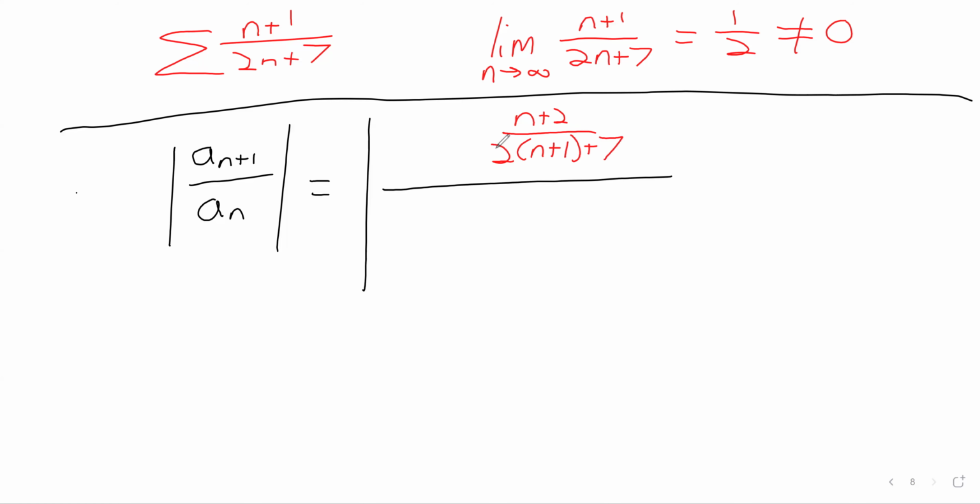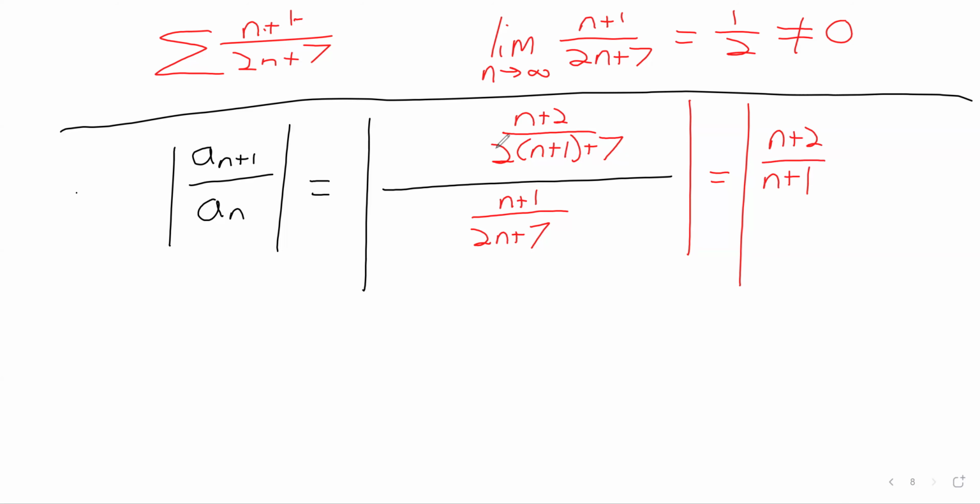We replaced n with n plus 1, n plus 1 plus 1 became n plus 2. So when we flip the denominator and multiply it, we get an n plus 2 over an n plus 1,